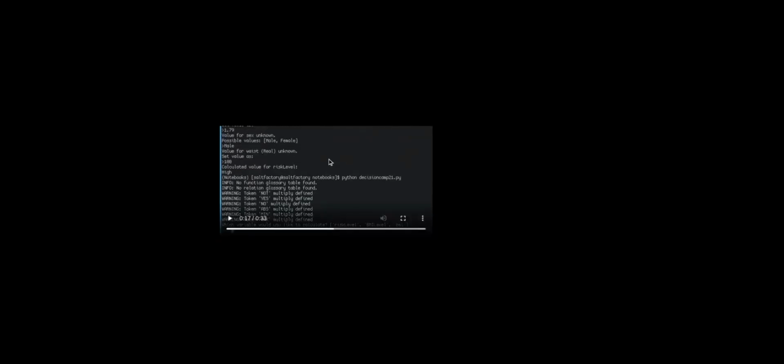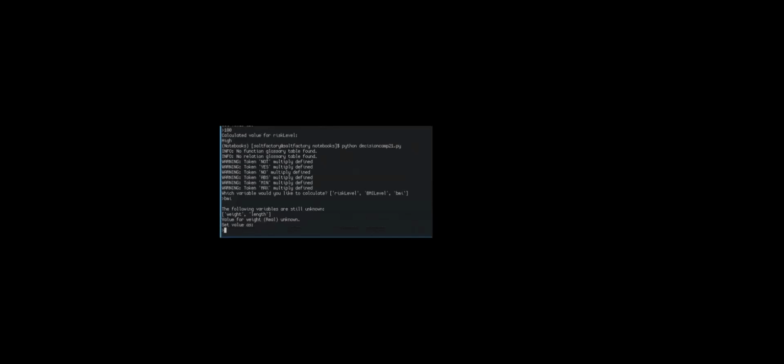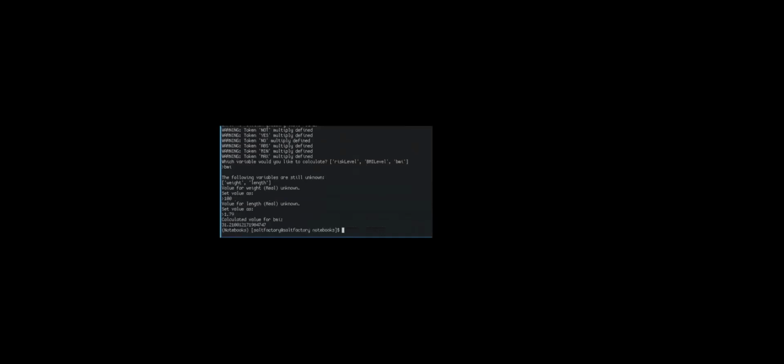That's, again, a bottom to top approach, but with a bit more interaction. You could see this as a very, very dumb chatbot, so to speak. But we can go further, of course. We can say, I only want to calculate BMI, and then the system will tell us you only need weight and length this time. Then we can just set those values and it will calculate our BMI. This is a very trivial example. I realize you could probably do this in any other reasoning engine as well. But still, I find that it shows a bit of the flexibility of having such an API, because we can do much more than the things that I've shown now, of course.